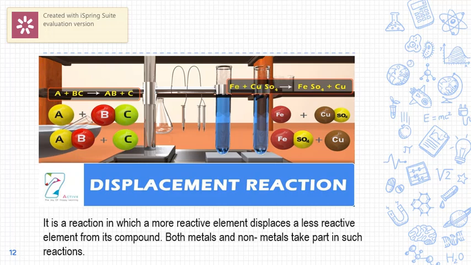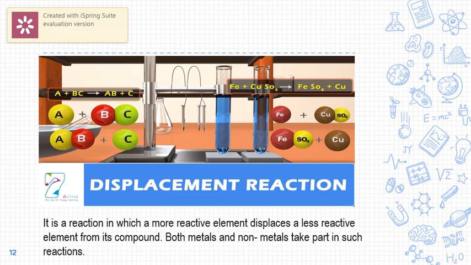Here the free metal, if it is more reactive than the metal which is in the combined state, will replace the combined metal. Otherwise, no. So this depends upon the reactivity of the free metal. For this, we should know the reactivity series of metals. If you go through the reactivity series, the top one is potassium and the bottom one is platinum. As and when time comes, I will tell you which is more reactive.